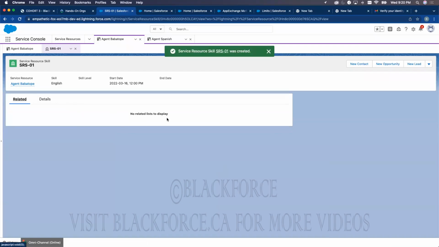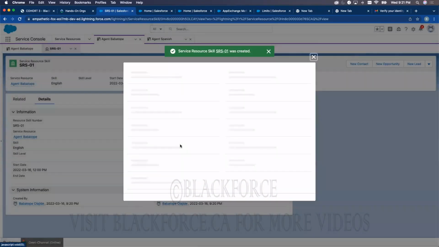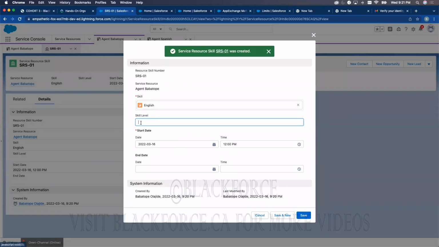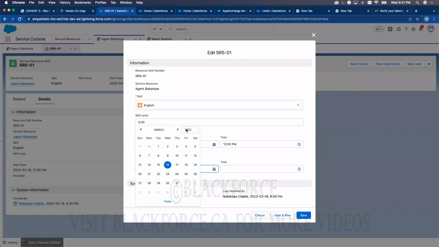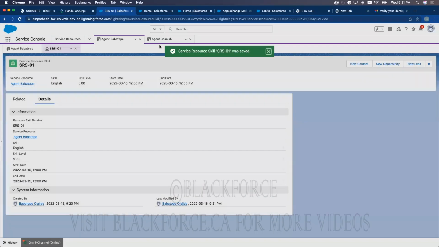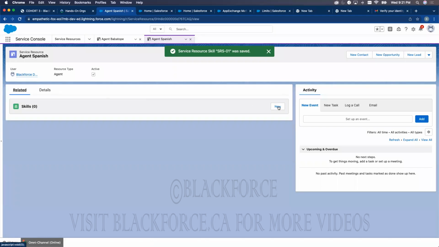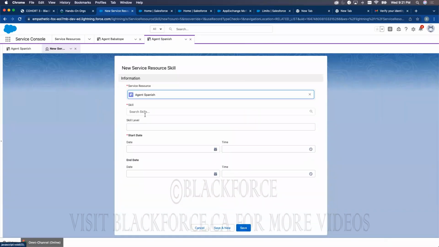And if you go back to the skill, if you edit the skills, you'll be able to add a skill level 5 and the end dates maybe next year. Okay, and you save. Okay, then you go to the agent Spanish guy, you go to related, you go to new, you go to